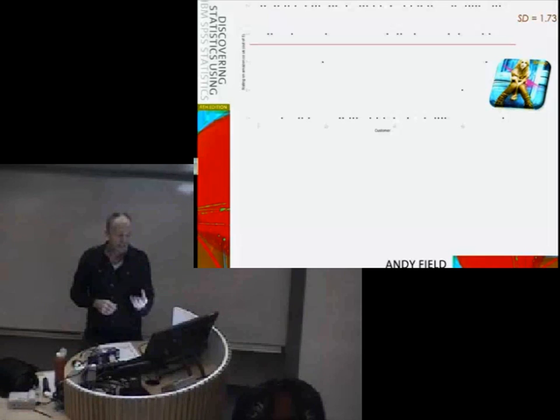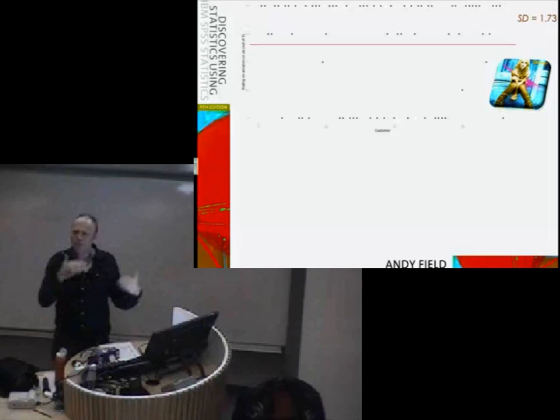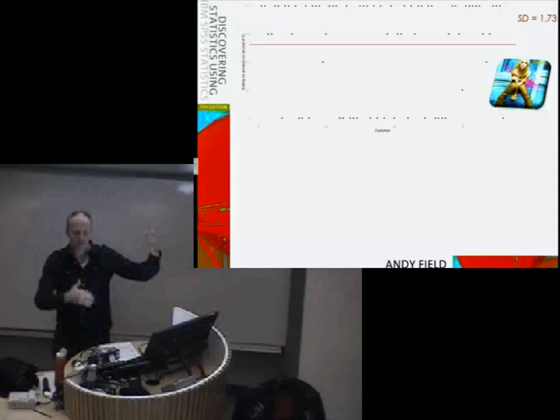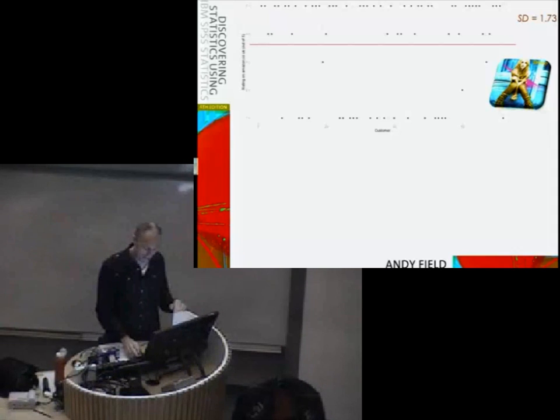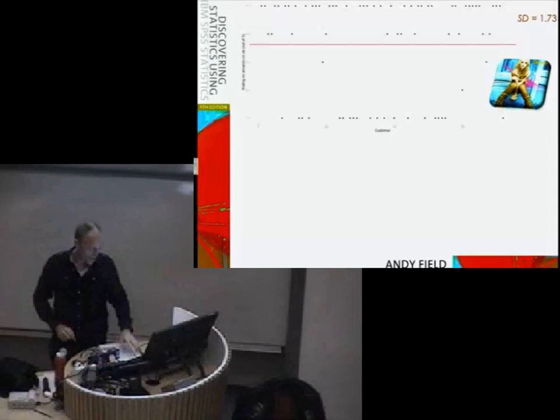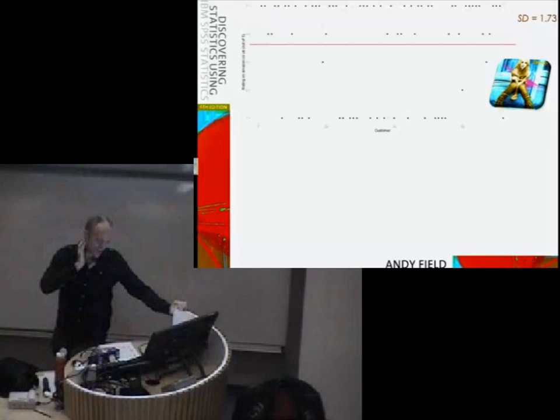So the fact the standard deviation is relatively high shows you the mean's not very representative of the data. It's not really a good fit because the data are actually quite spread out. Opinion is quite divided. Now, if you compare this with one of my favourite albums, which is Iron Maiden's Piece